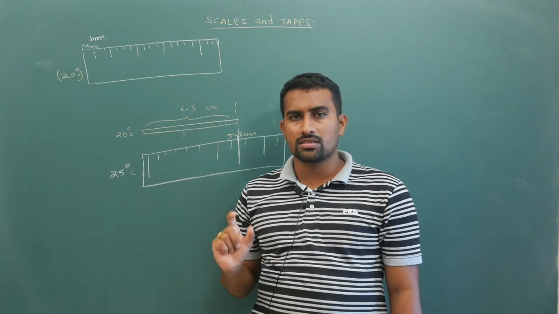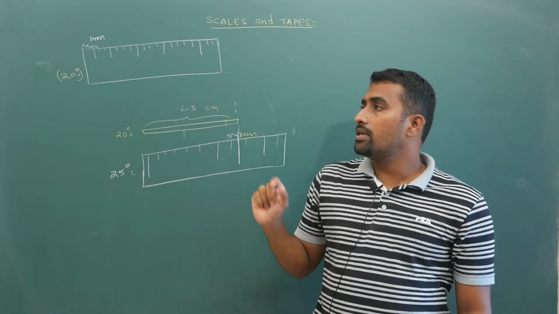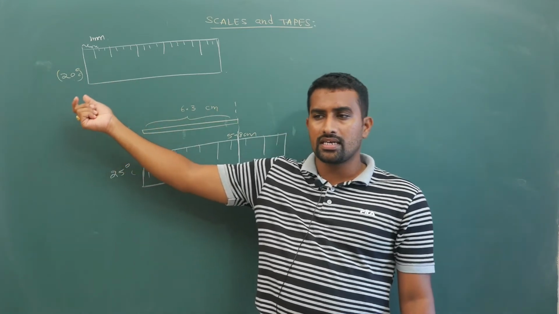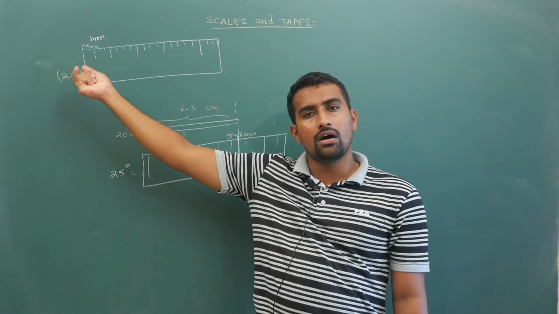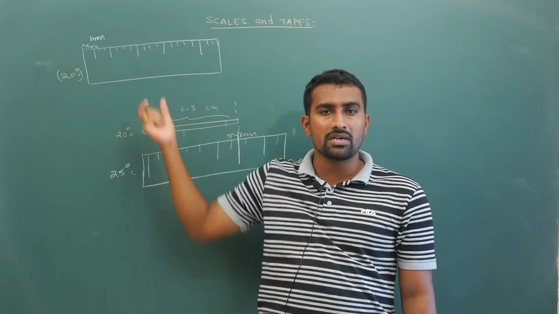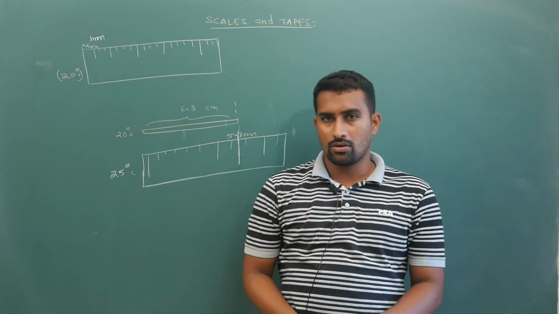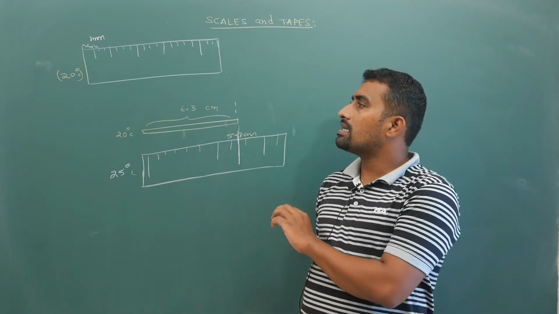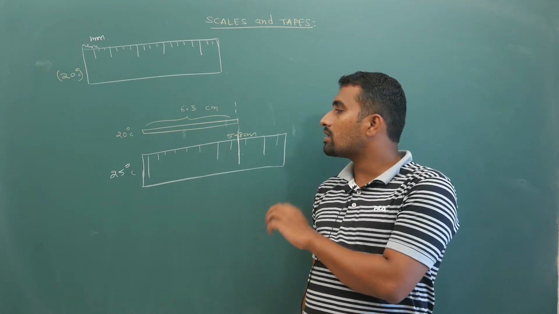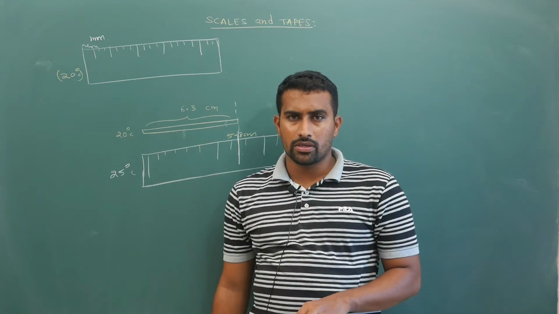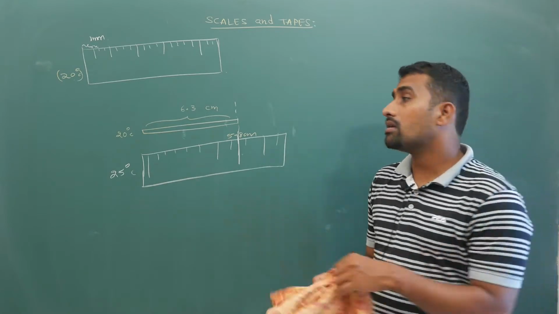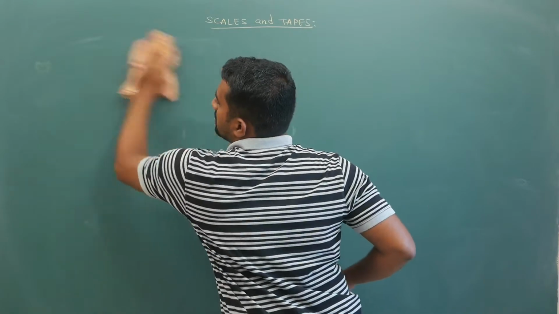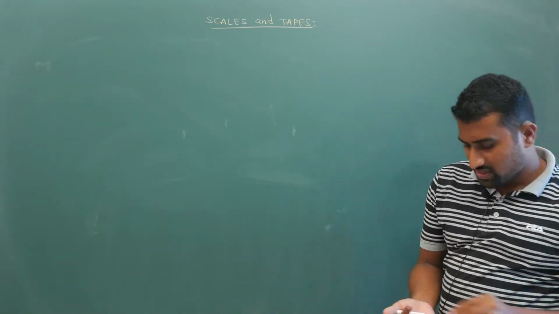First get convinced with this point. When you are calibrating the scale at 20 degrees centigrade, if you heat it or cool it, the temperature will automatically change. In different cases we will see what the final length is and what the measured value is. So concentrate on the different cases that I am explaining. Any question that you give me will come into these cases only. Now, first case, case 1.